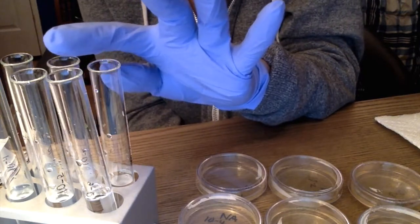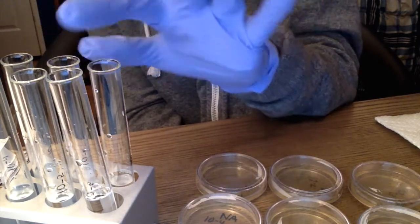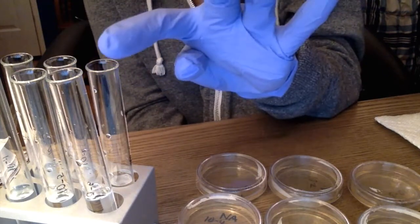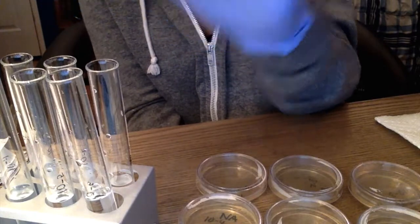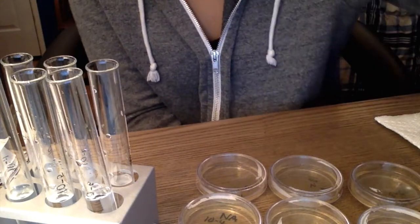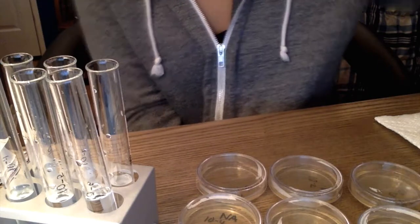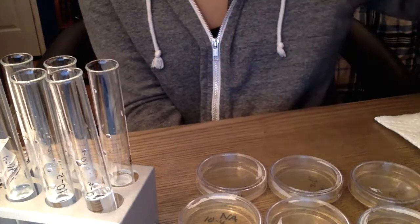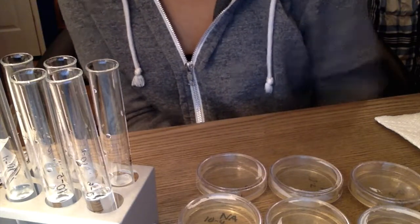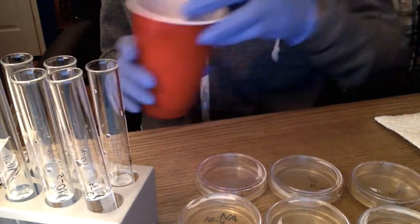And I proceeded to do this with each tube, so 0.25 milliliters of 10^-2 went into 10^-3, 10^-3 went into 4, 5, and then 6. So now that I'm done, I can have my pipette rinsing off in this distilled water cup that I have over here. I'm going to rinse it out because the next step is inoculating